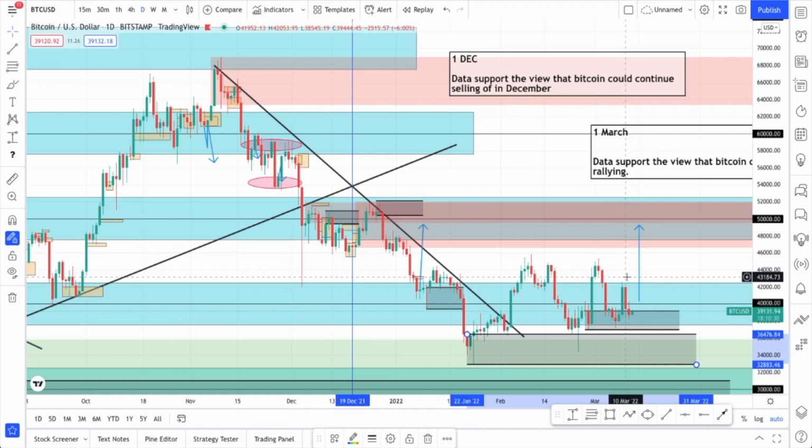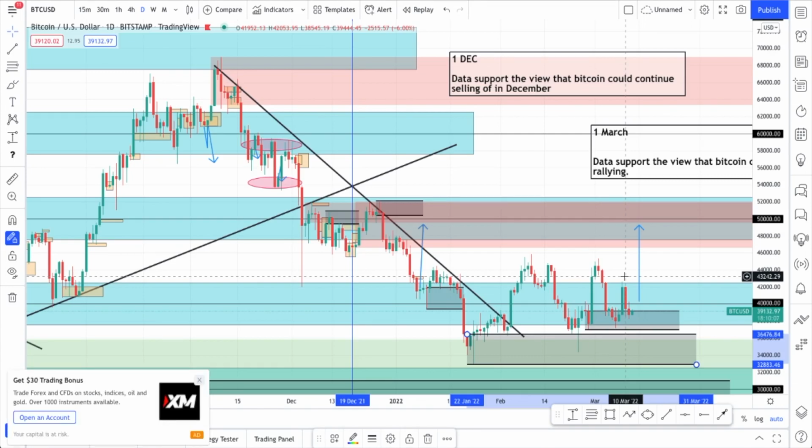Right now, it's still suggesting that it would be best to sit out these moves to the upside and instead look for a different data setup which would tell me that it is best to buy off these demand zones. So with that being said, this brings me to the end of my forecast, and I hope that you enjoyed it.